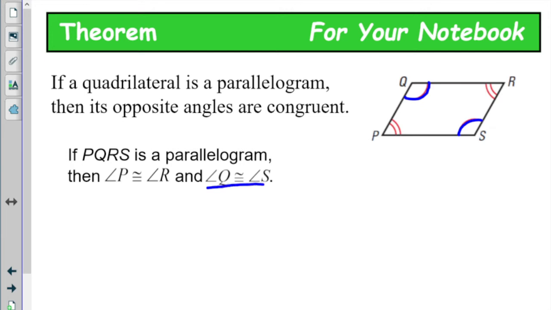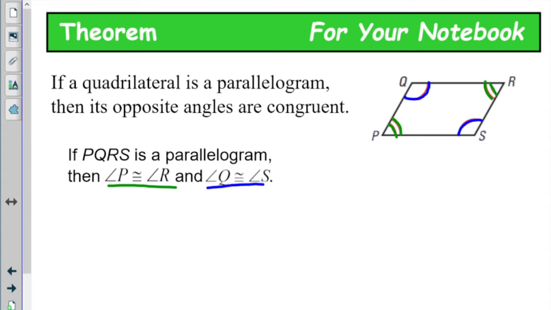Q and S are the same. And then same thing here. When I say opposite angles, I mean I'm standing at P all the way at the other end of the parallelogram. Farthest away is the opposite angle of R. So those have to be the same. So those are opposite angles, and that's as opposed to our next one,